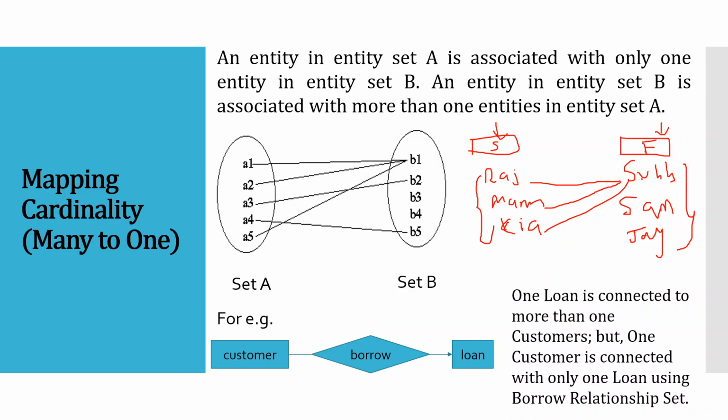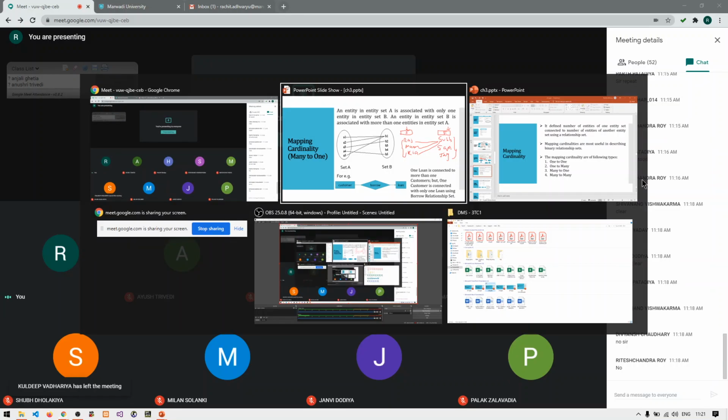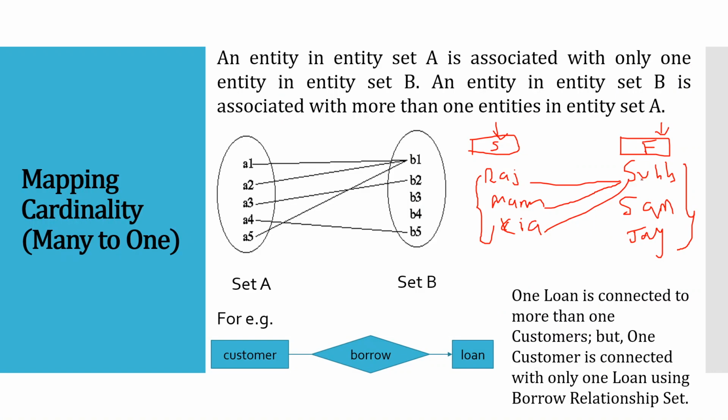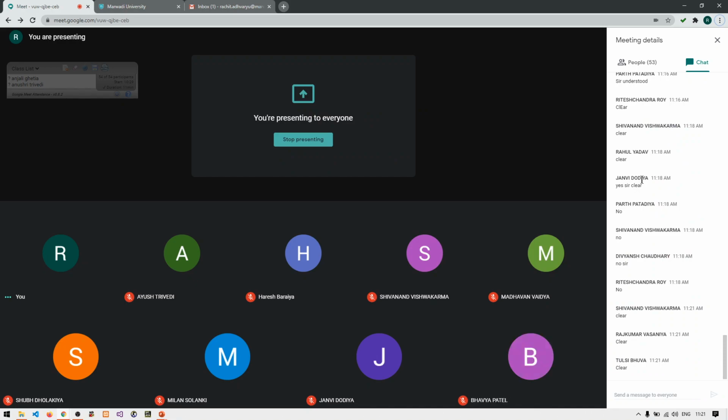Many students to one and only one faculty. Any doubts or any repetition required?